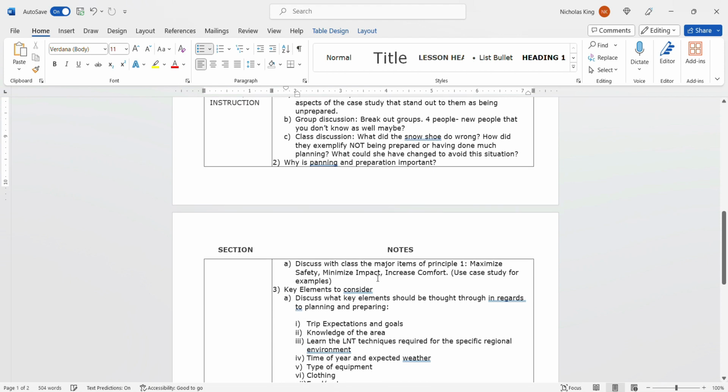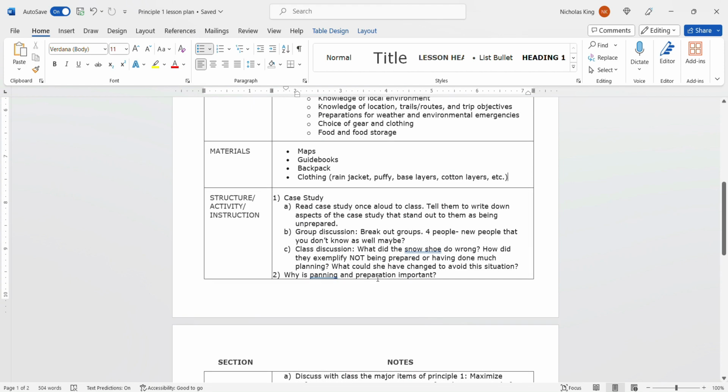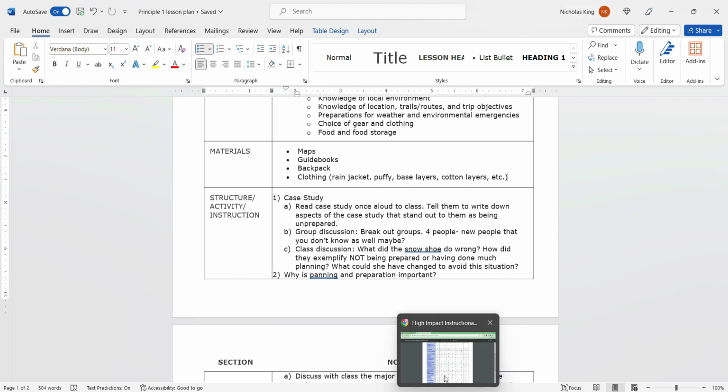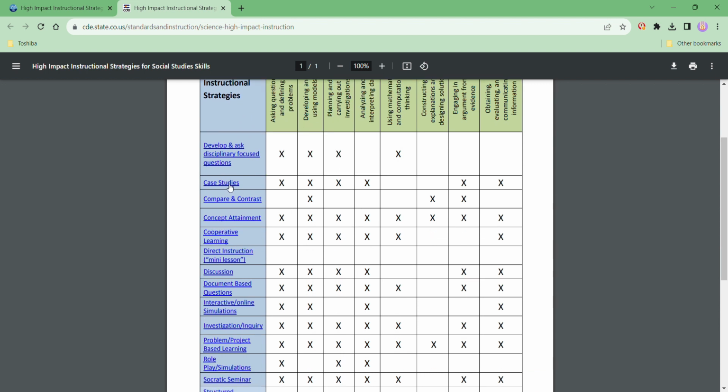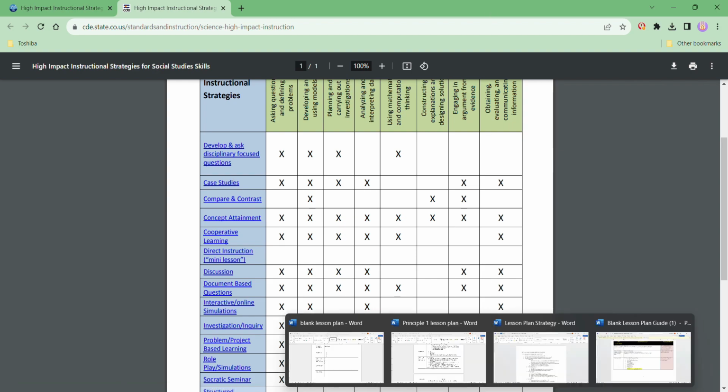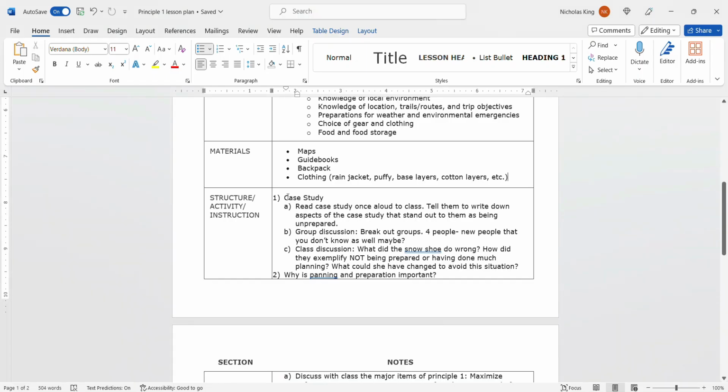And then kind of what is happening with those. So we're going to real quick go back to this chart here. And now I'm going to talk about some of these instructional strategies. The first one that I use in this lesson is a case study. So you can see here I have my case study, and then I have it outlined what that's going to